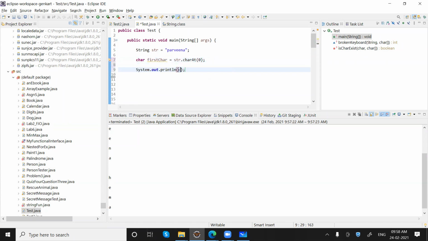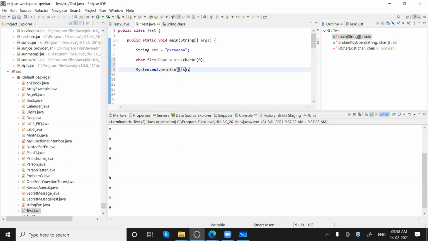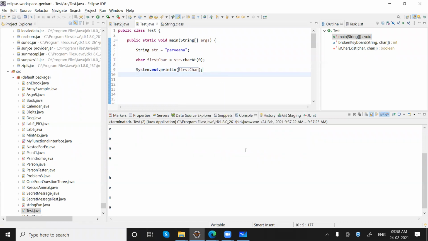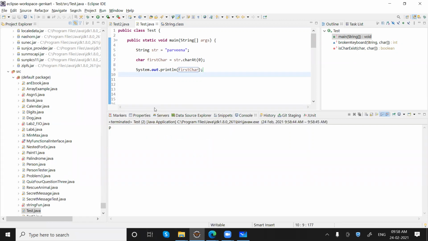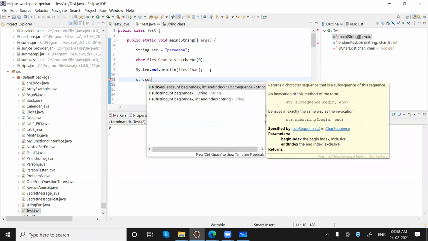I'm just checking what we are getting, the solution is not yet complete. So it will print P, right? Now there is another method that we will be using most of the time, that is called substring, str dot substring.